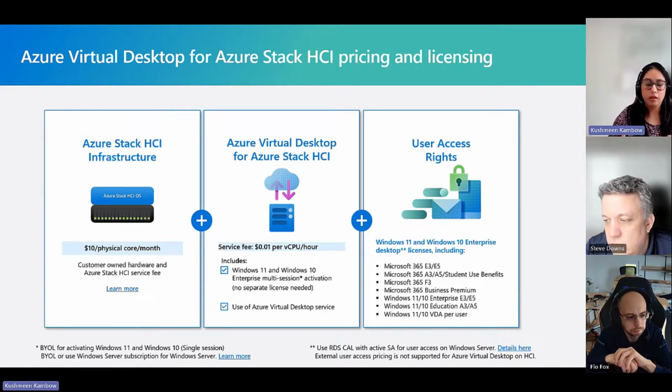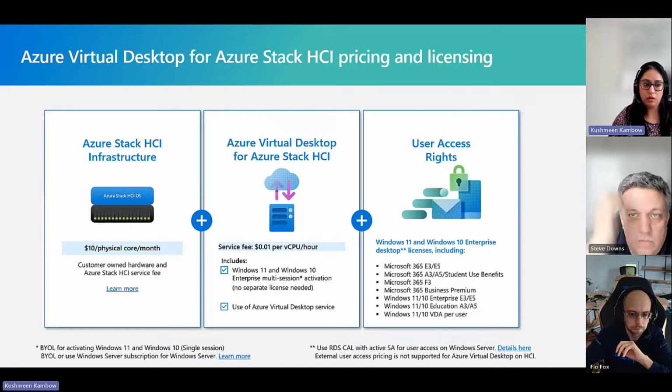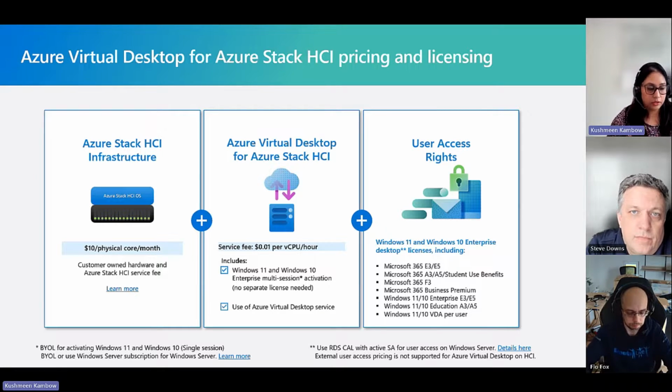And then they will pay a monthly Azure Stack HCI service fee on top of it, which is $10 per physical core per month. So any customer who wants to use the service, this is the service fee in picture. There's no change there. Also, Azure Hybrid Benefits are eligible.